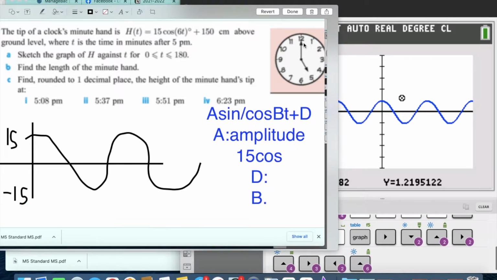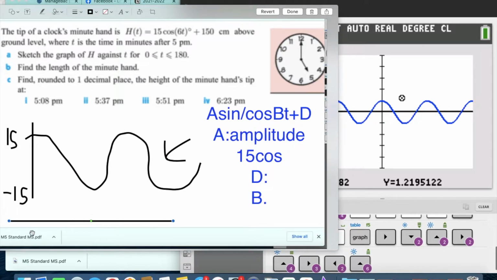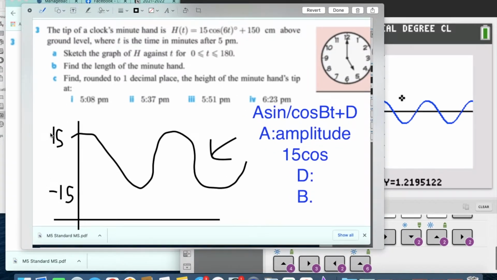But this question is about a clock. Now, a clock hand cannot go below the floor. That won't happen. And we're going to imagine that this x-axis is the floor. We've got to study now what D is to do with. D tells us the vertical shift. So because it's 150, we're going to move the maximum so it's 150 bigger and the minimum so it's 150 bigger. This means that the clock won't go below the floor, so we can move the x-axis to below the graph. And we need to change the minimum and the maximum and make them both 150 bigger. So if we make 15 150 bigger, it's going to be 165. And if we make -15 150 bigger, it's going to be